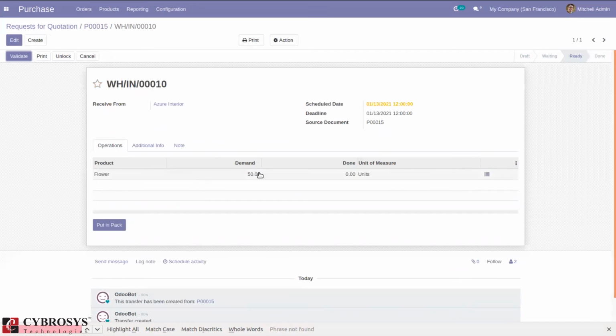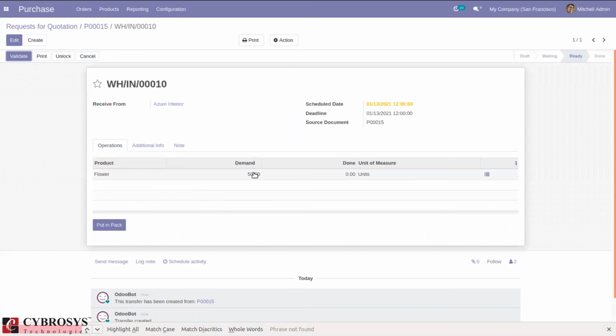So when the request for quotation is confirmed and when you click receive products, you can see the receipt here. So here you can see the demand is changed to 50 units. So stock operation is done. We have set the default unit of measure as units. So bunch will be converted to units. So as we have set inside the unit of measure that one bunch is equal to 25 units, we have ordered two bunch, that is we have purchased two bunch.